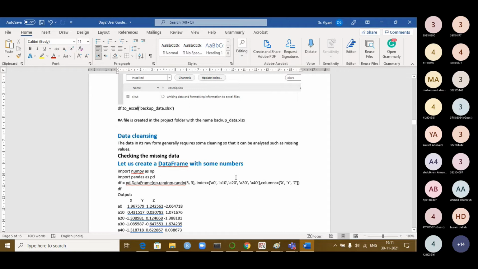How do you find the missed values? Then how do you replace the values? Different possibilities are available. We are trying to see it now. Suitably, what you assume. First of all, cleansing means checking the missing values and replacing them with the proper values, or removing the rows which have the missed values. Like any decision, you can take it. It's up to the data analyst what he can decide, so that your results will be proper.